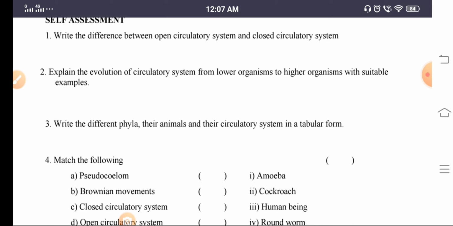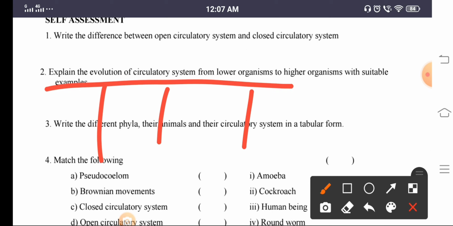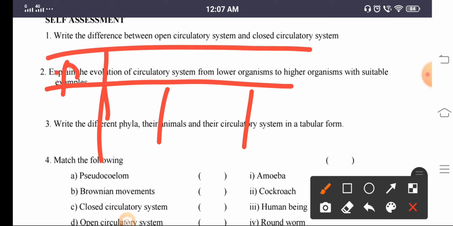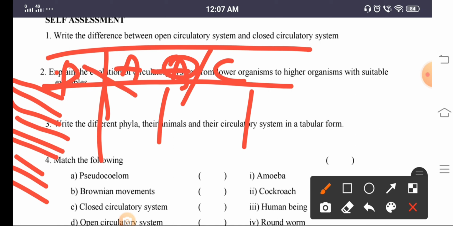And next, third, write the different phyla, their animals and their circulatory system. So just draw a table with 3 columns, and here you mention the phylum name, the animal name, and the type of circulatory system, meaning open or closed. So here let us take the phyla: Protozoa, Porifera, Cnidaria, Platyhelminthes, Nematohelminthes, Annelids, Mollusca, Arthropoda, Echinodermata. So here amoeba, Brownian movements with pseudopodia, Cnidaria, and sponges,